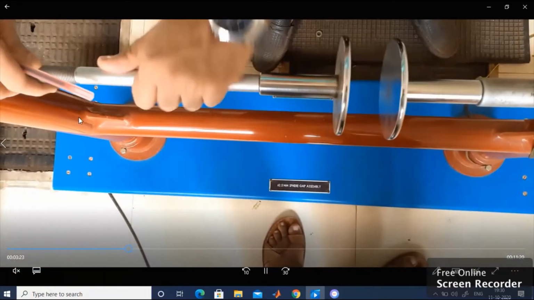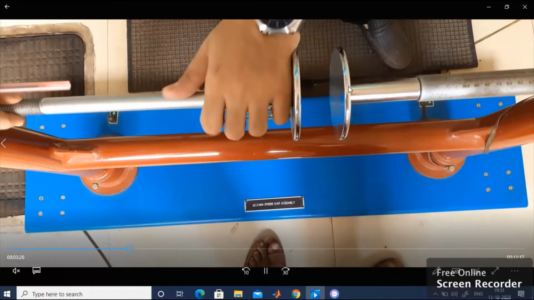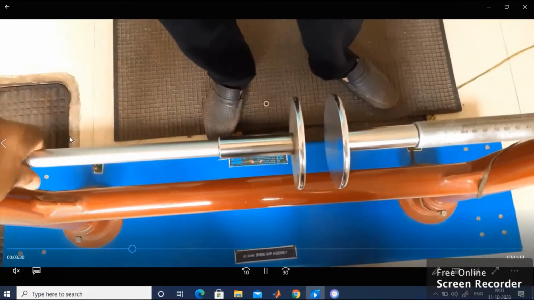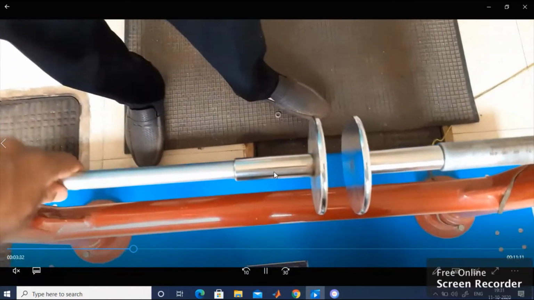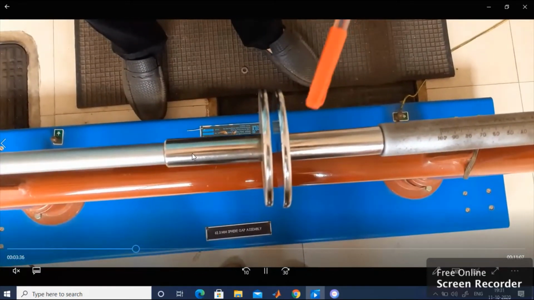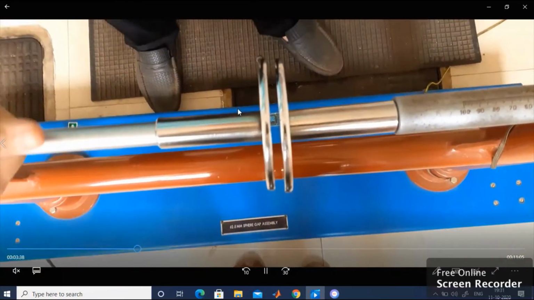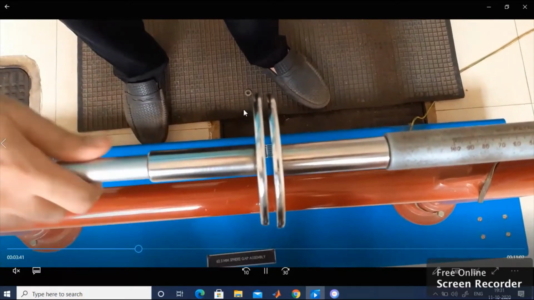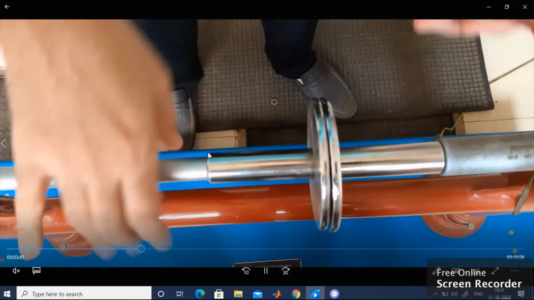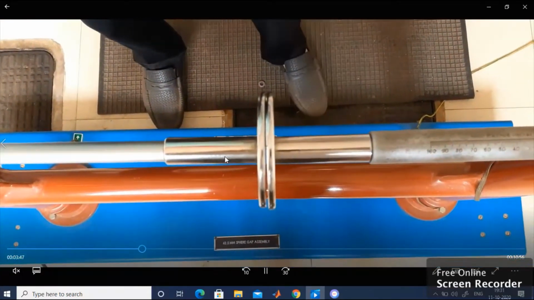Afterwards, the fixed section has to come very close to the movable part, in such a way that there should not be any gap. So you are going to fix the fixed electrode. This is your fixed electrode. You can see the point, fixed electrode. Whatever I am going to do, you are maintaining the fixed electrode in a stationary position. Once it has touched the movable electrode, the position of the fixed electrode is permanent.